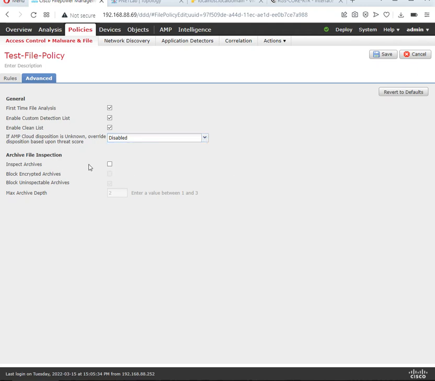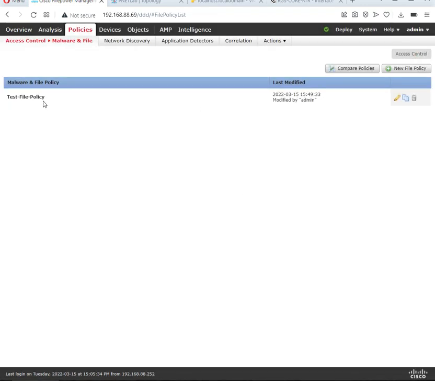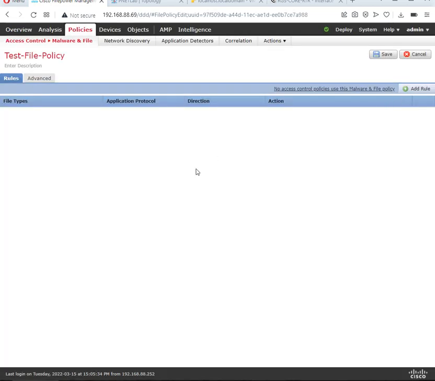Medium high archive file inspection. You can archive the inspection of the files as well. So here we will configure a basic test file policy. Inside the test file policy we will configure a rule to block the PDF